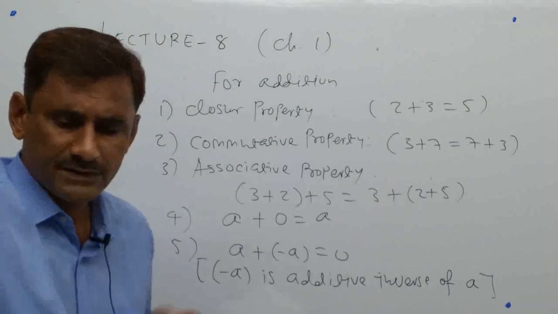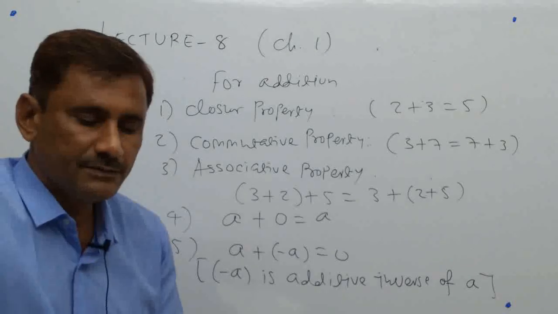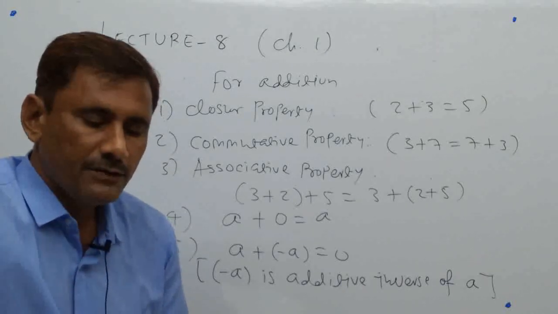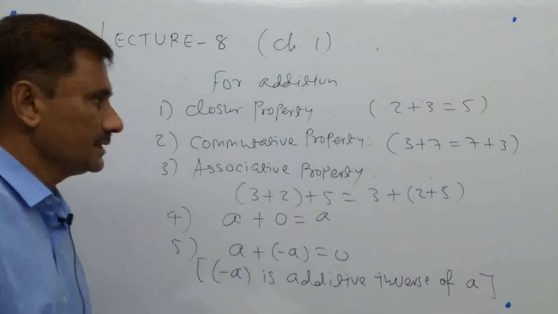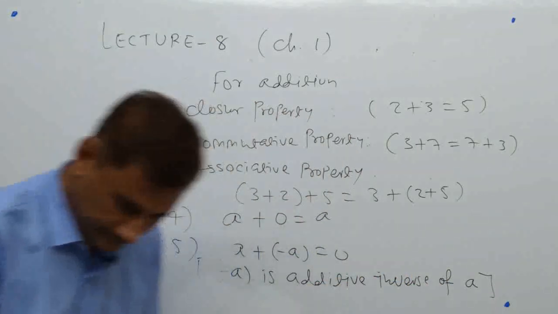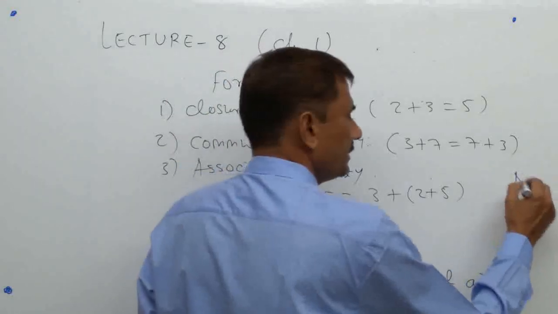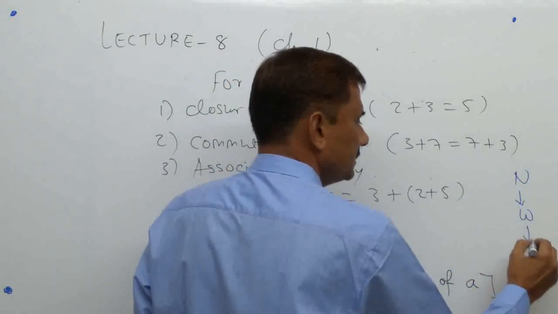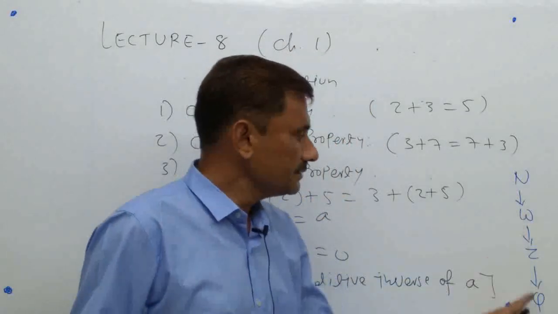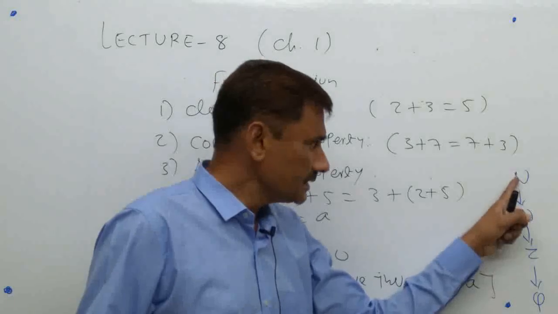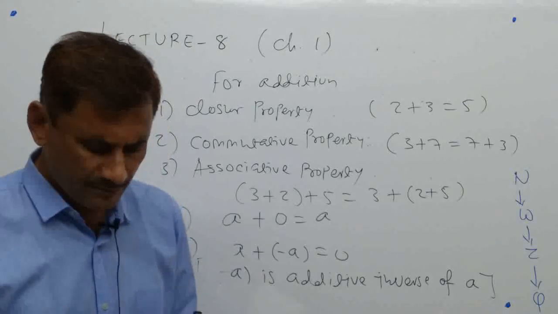Okay, let's see it first on page number 12. I am not writing here. On page number 12, 1. Every natural number is a rational number, but every rational number need not be a natural number. I told you, in W, Z, Q, Q is rational number. So every natural number is a rational number, but every rational number is not a natural number. I am just giving you a simple example.